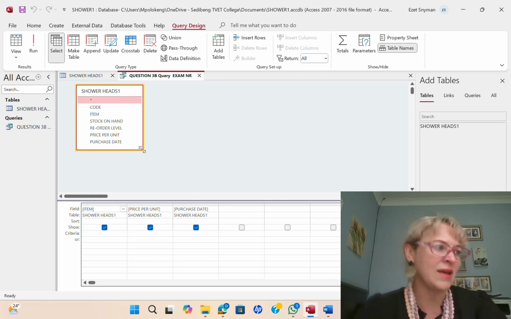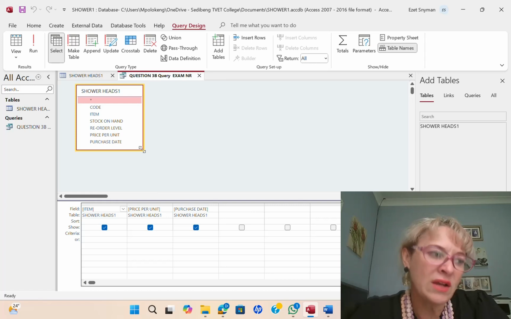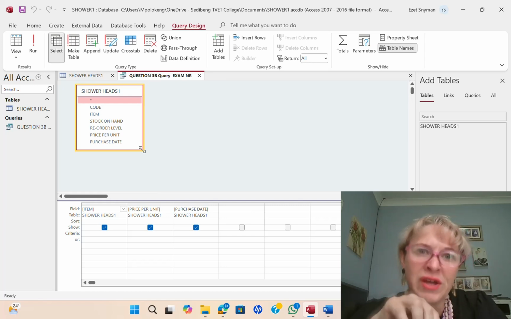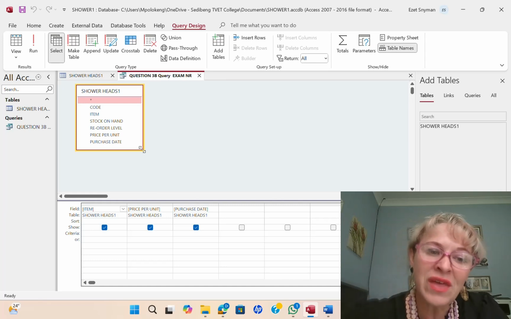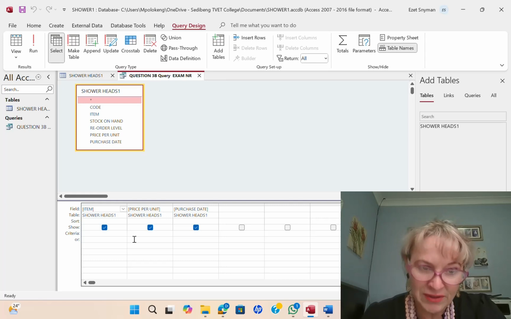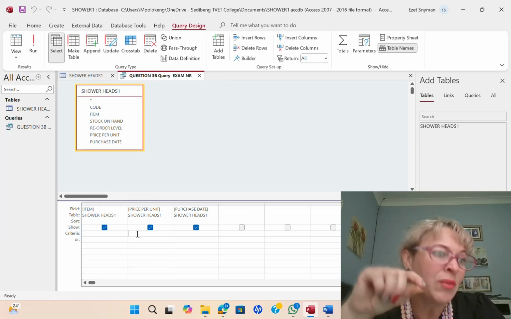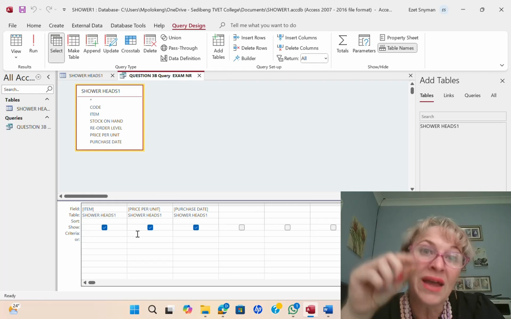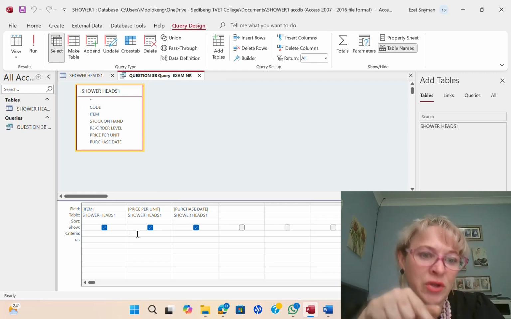Okay. Then they say 3.2.2. Add more than one criterion to filter the price per unit. Now, this is very important. It is only in that one box there where it says criteria where you're going to enter the criteria, but they want you to apply 2 criteria to that one price per unit.